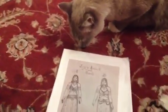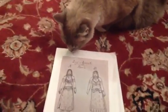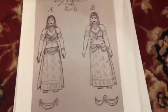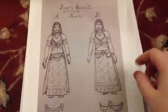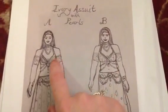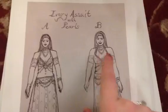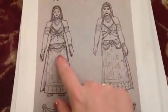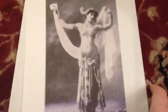And I've had some more thoughts about my design. Pippin has also had some more thoughts about my design. It looks like he's preferring design A at the moment. So these were my two design options, and I was going back and forth about them. I was very indecisive, and I ended up going with the bra on B. You can see I did not do the additional strand of pearls, so this is the bra design I went with. But I didn't know what to do about the belt, and then I started looking into some historical documentation,